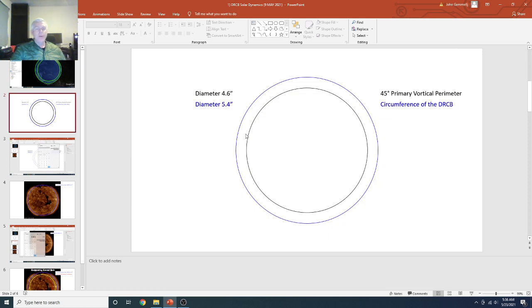I needed to determine exactly, when you're looking at the circumference of the sphere, how large or how high and how far out does your perimeter go at 45 degrees visually? And it goes out pretty far, as you can see right here. This is a 45-degree circle we're looking at right here. 90 degrees from one side to the other. The black one, maybe I should have had the blue one on top. The black one's 4.6 inch in diameter, and the blue one is 5.4 inch in diameter.